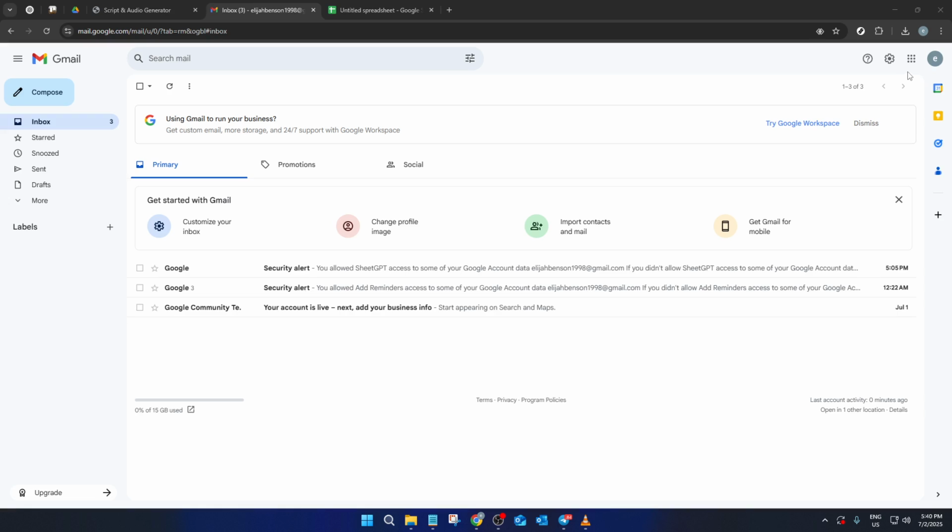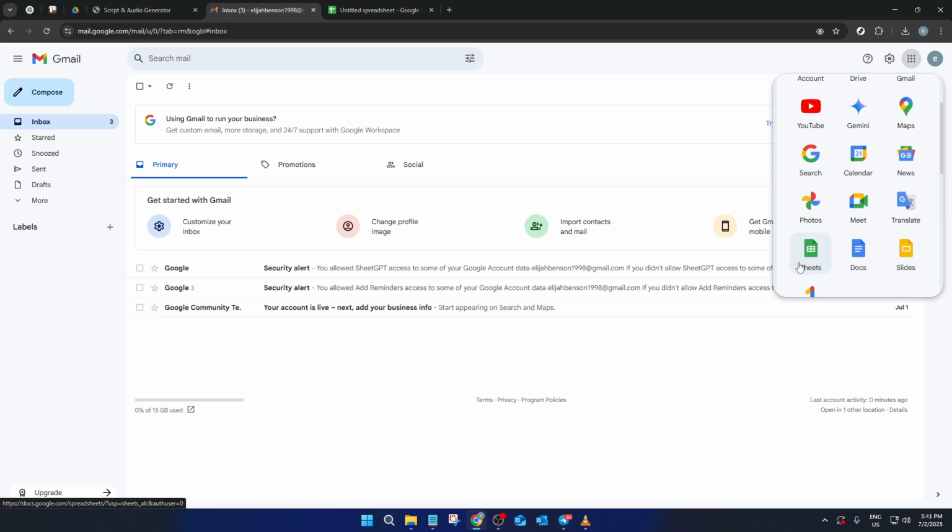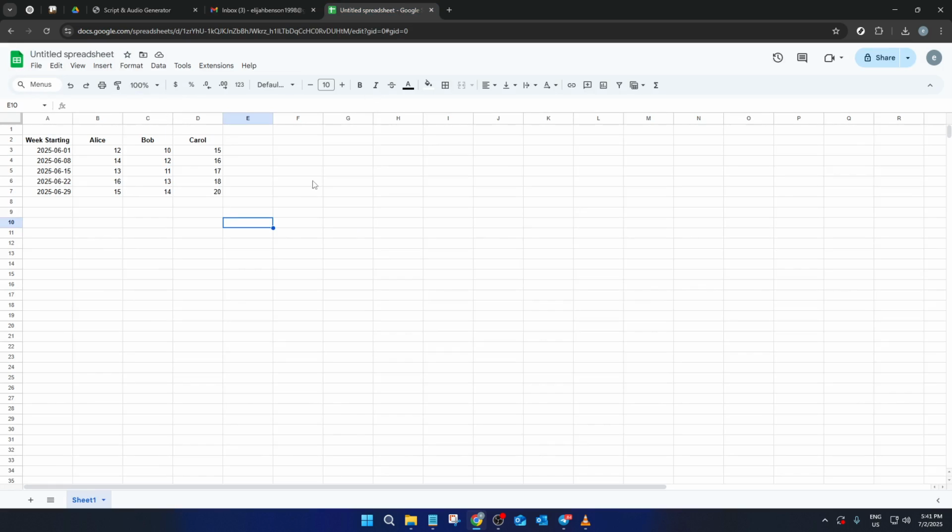So let's dive in. First, you'll want to get into Google Sheets. If you're already logged into Gmail, you're just a few clicks away. Head over to the very top right corner of your screen. You'll see those 9 little dots arranged in a square. That's your Google Apps menu. Give it a click and you'll see a whole bunch of Google Apps pop up. Find Google Sheets in that list. It usually has a green icon with a white table in it, then click to open it up. If you're someone who tries new apps once in a while, it might be hiding further down, so just scroll